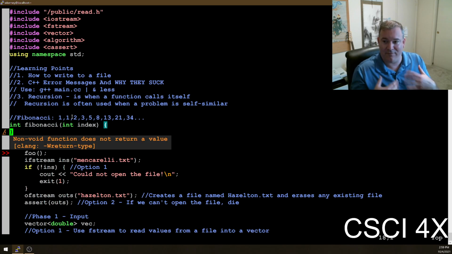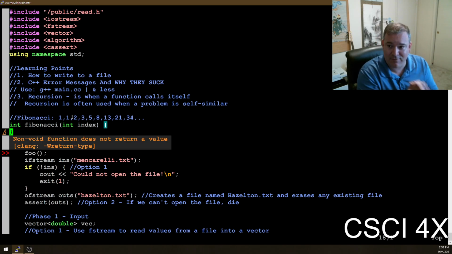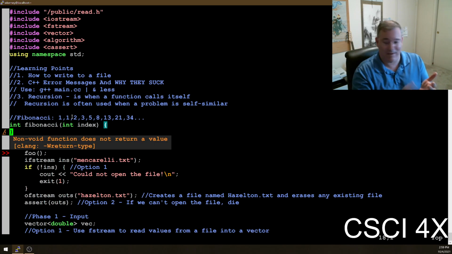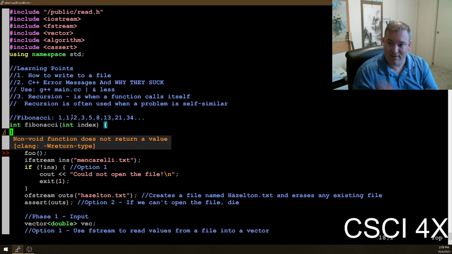It exhibits the self-similarity principle, where smaller versions of the problem, like Fibonacci 5, is also the sum of 3 and 4, and 10 is the sum of 8 and 9, and 100 is the sum of 98 and 99, right? At every level, the problem resembles itself at smaller and smaller levels until you get down to the very bottom here. And that's the starting point.